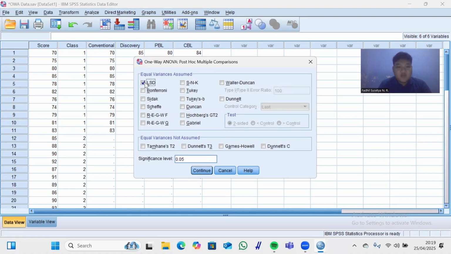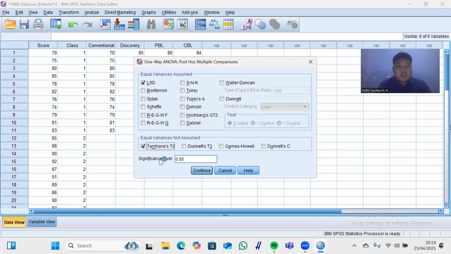For equal variances assumed, in education we often use LSD, and if equal variances not assumed, we choose Tamhane's T2. Equal variances assumed means you assume that the variance is equal or homogeneous, and if equal variances not assumed, you assume that the data is not homogeneous.